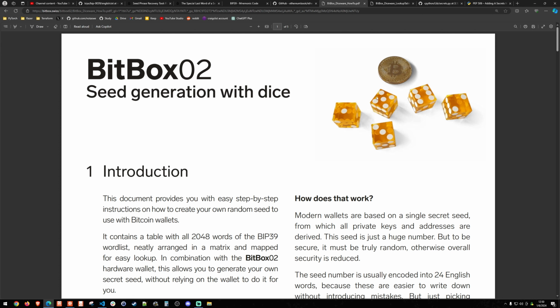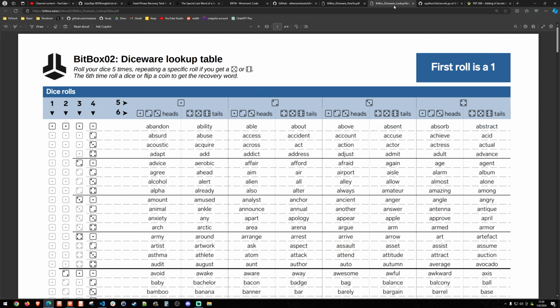You take some dice here that are casino grade dice, and you roll them in a way that maps to this lookup table. So for example, if you roll a 1, 1, 1, 1, that basically puts you in this row here. And then you have your fifth roll, which will determine which column. So let's say it's another 1. And then you roll or flip a heads. That basically equates to a roll of 1, 1, 1, 1, 1, heads, which gives you the very first word